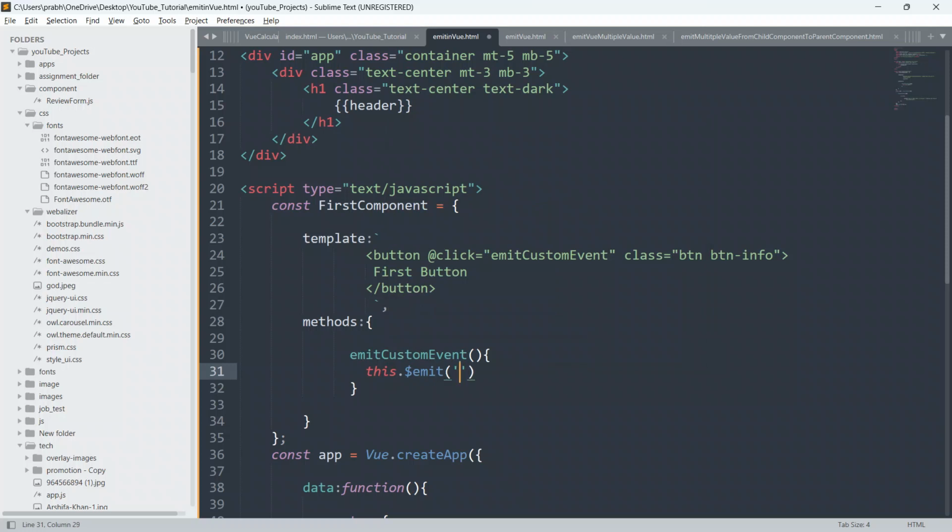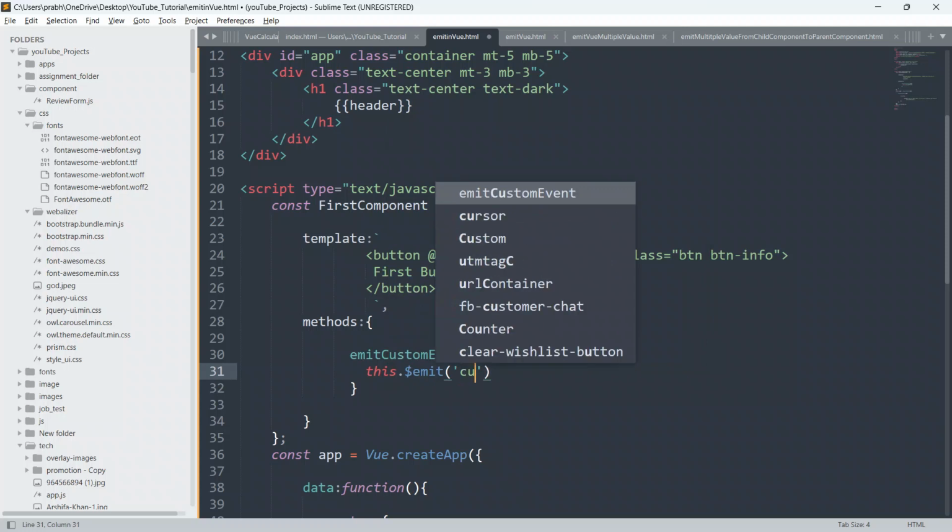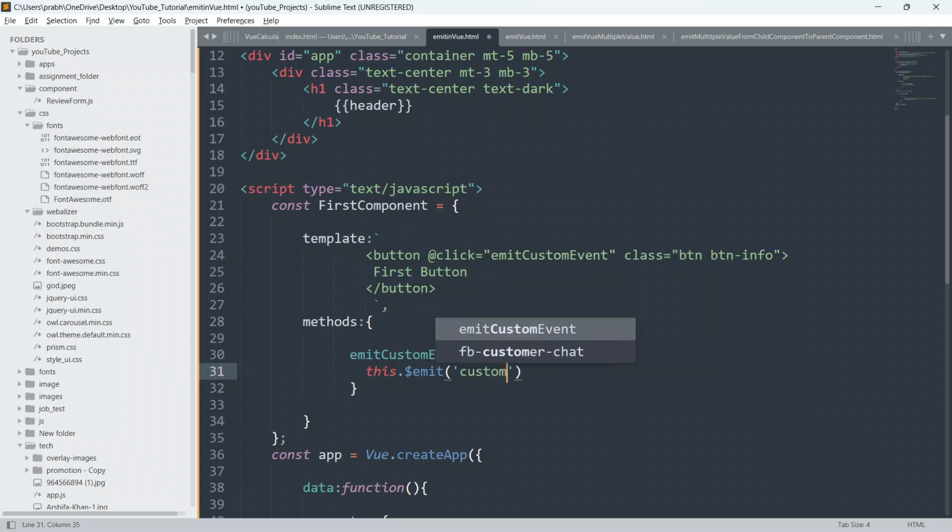So I'll say custom event. And now we are also gonna pass the data, we are also gonna pass the payload. This is an optional parameter, but I will be creating the optional parameter as well for you, just to give you the detailed explanation.